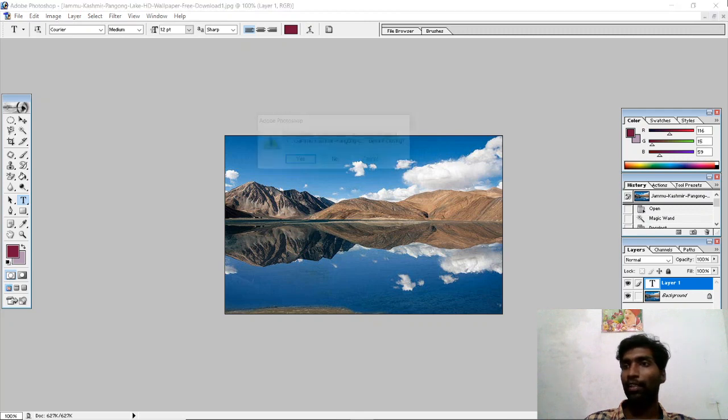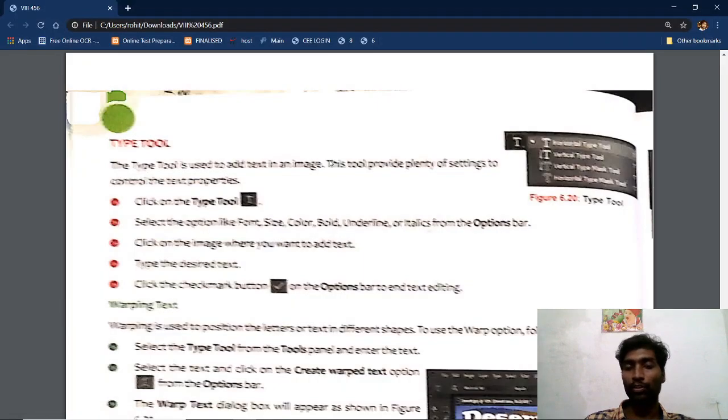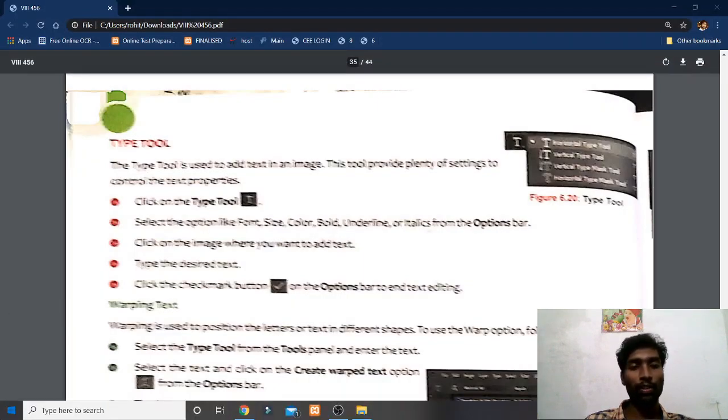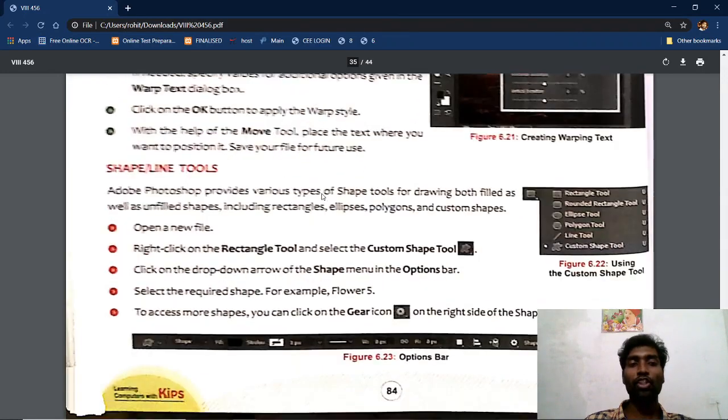Photoshop is a little bit hanging, so it is not working properly. Now, inserting text, you came to know how to insert a text. After inserting text, the topic is the shape tool.